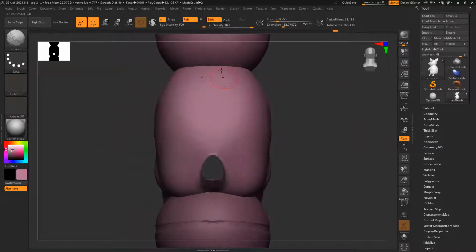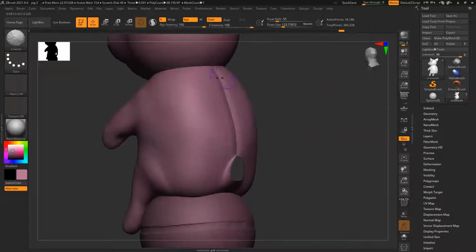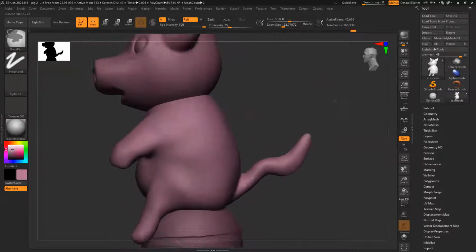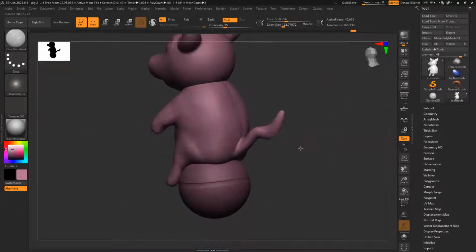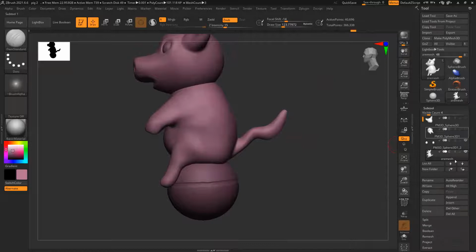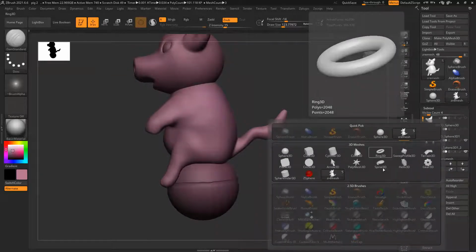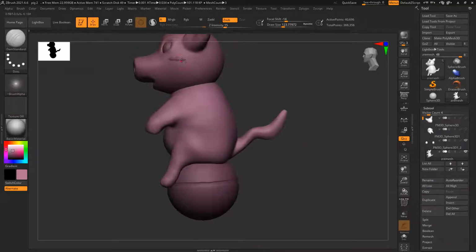Like a spine. Sir, how to make the tail spring type? Spring shaped, the round spring. For that you have to append another thing, and you have the spiral.